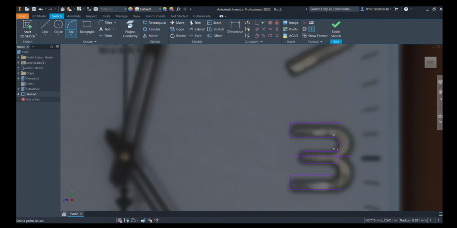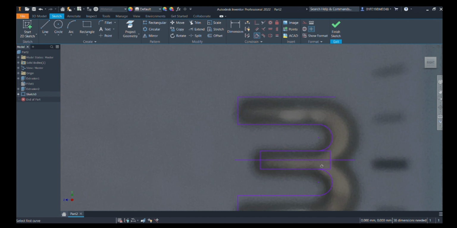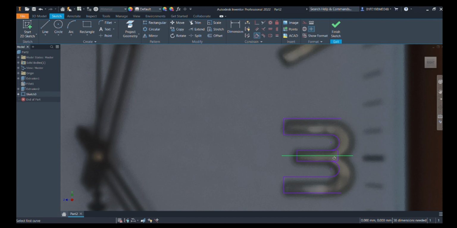Now we will be drawing an arc which will again be tangent to the above and below line. As you can see, we have done just now. Again making the tangencies below. So deleting the mirrored line, as it hasn't helped, its work is finished. Yes, so here we complete our half portion of number 3. Now we just need to mirror it.